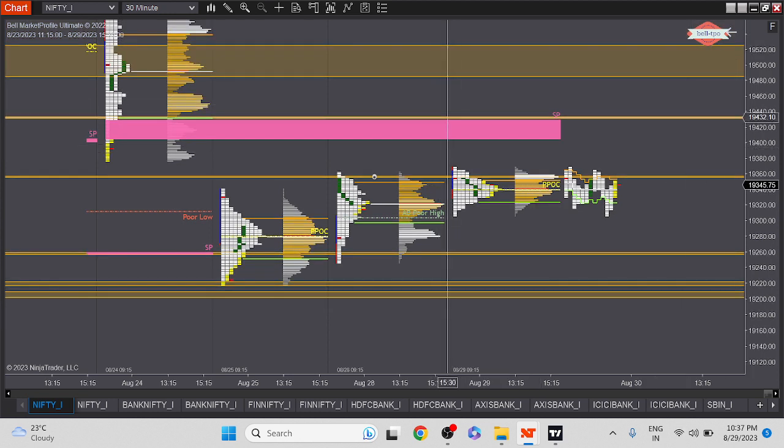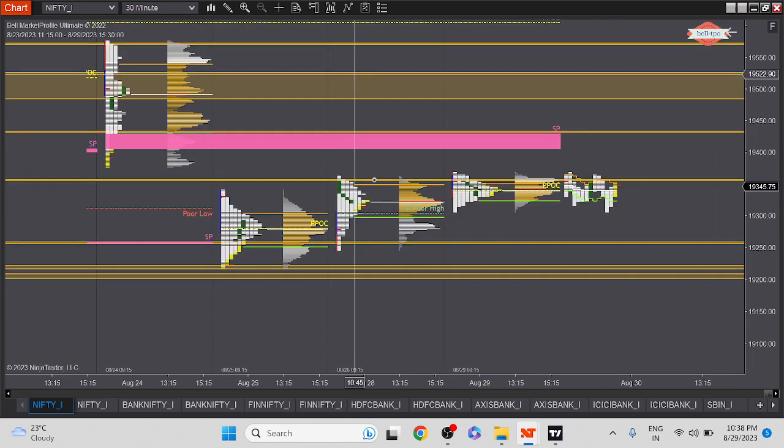If the market sustains above 19438, or let's say 19435, we will see a short covering in the markets, and positionally long only when we close above 19530. That's the stance remains the same.